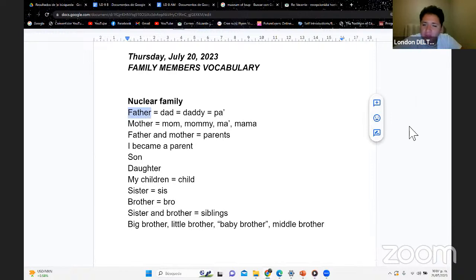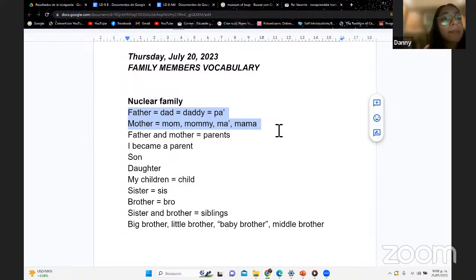Father, mother. I would like you to read it, all right? We would like to read it to help you with your pronunciation. Please, Danny, can you help me read this? Vamos a leer estas palabras primero, so I can help you with pronunciation too. Father,